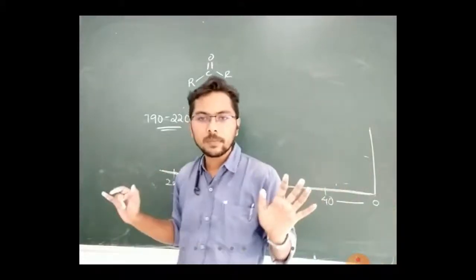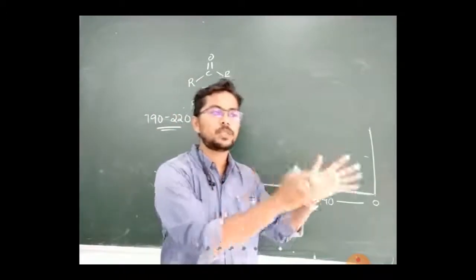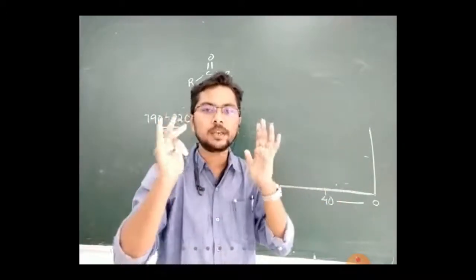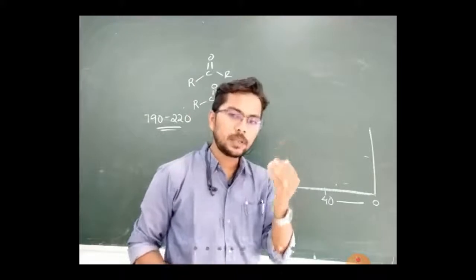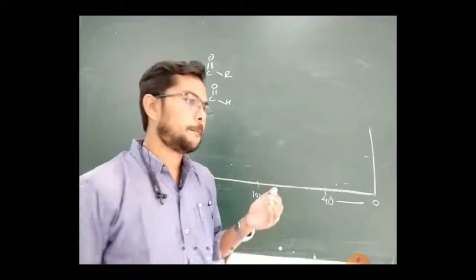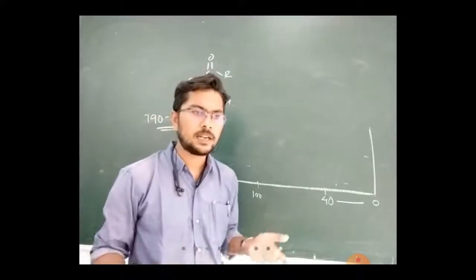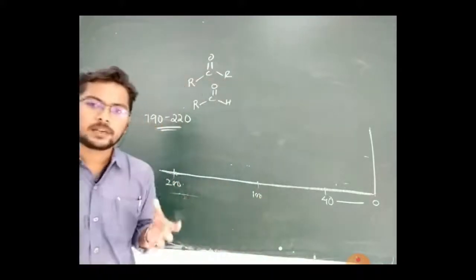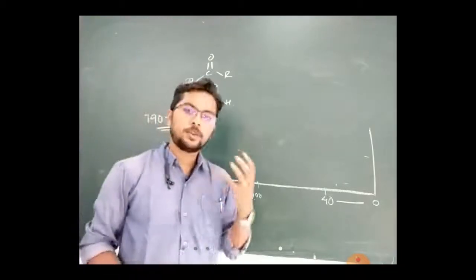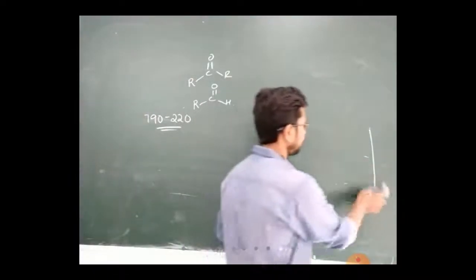Okay, so these values no need to memorize. I also don't remember any of the particular values, but I know the range at which it appears. So that range should be a little bit clearer, and it will be clearer when we do some analysis part. When you do the structure analysis, then it will be more clear. But just try to practice yourself how to somehow get this range in your head. Okay.